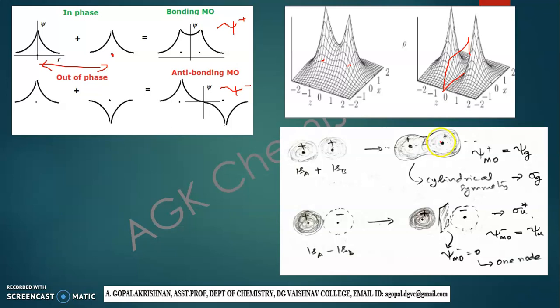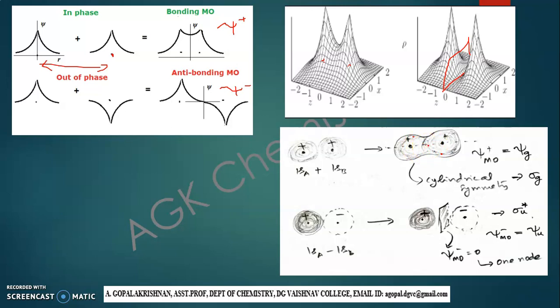Now see, since we have a positive sign everywhere, suppose I take a point here, and this is the center point of the molecule, and you take another point exactly on the opposite side at equal distance. If you carry out inversion, inversion does not change the sign of the wave function. Why? Because the entire molecular orbital is positive. So the sign of the wave function does not change. Therefore this orbital is symmetric with respect to the center of inversion.